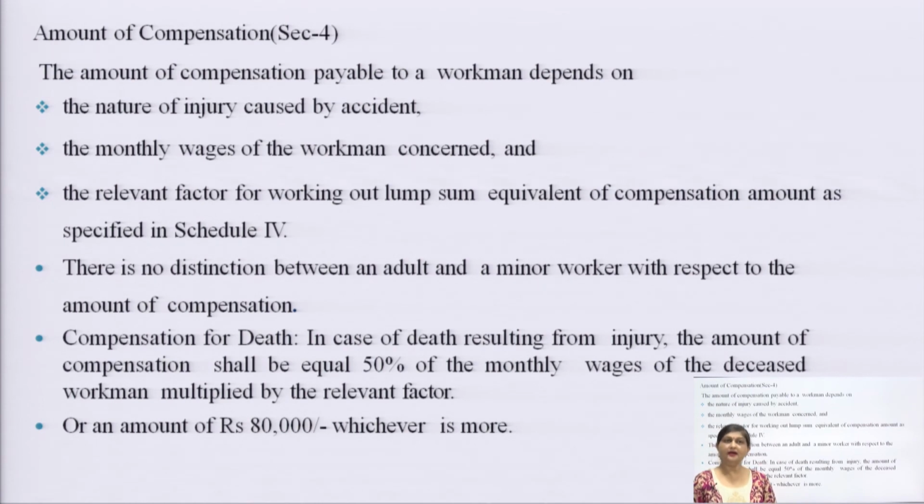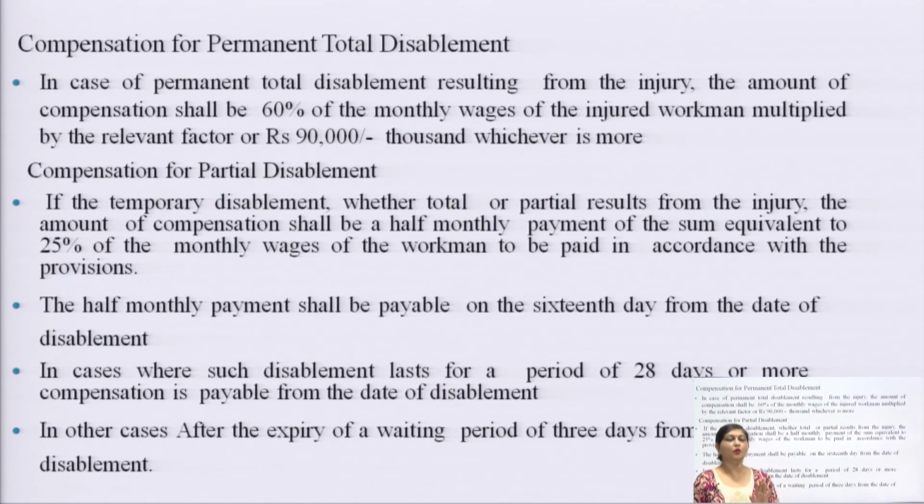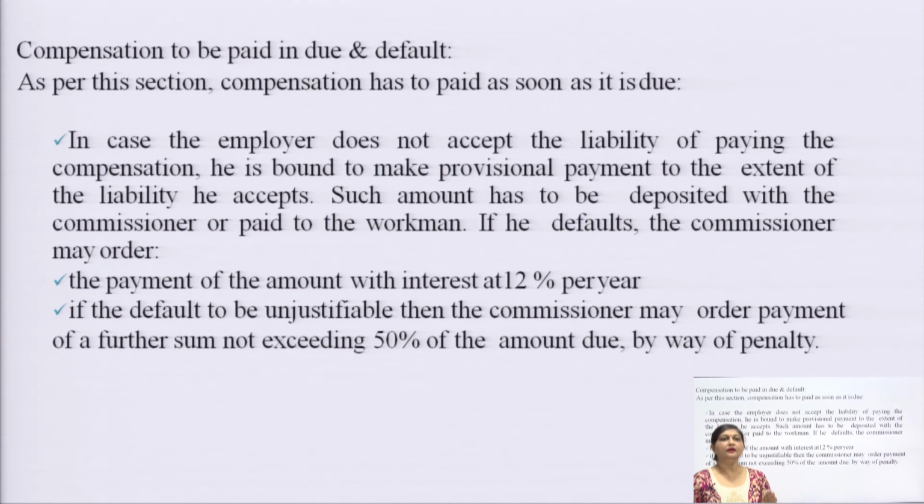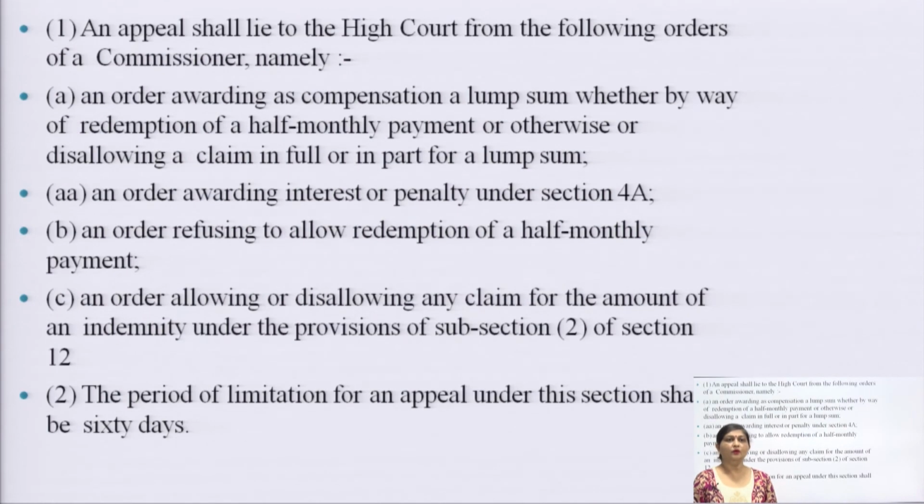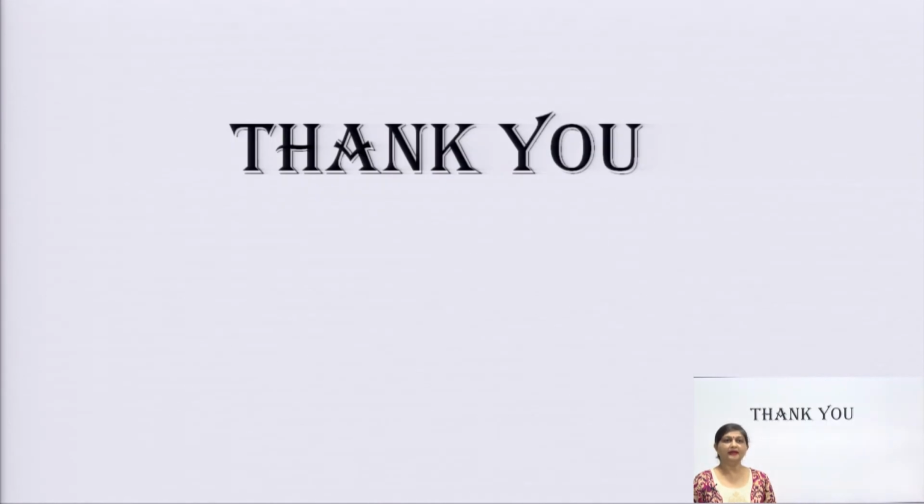Then we have studied how the amount of compensation will be decided. Then what are the compensations in case of permanent total disablement or partial disablement, or what compensation is to be paid under defaults. Defaults means defaults of the employer. Then how to go for an appeal in High Courts,